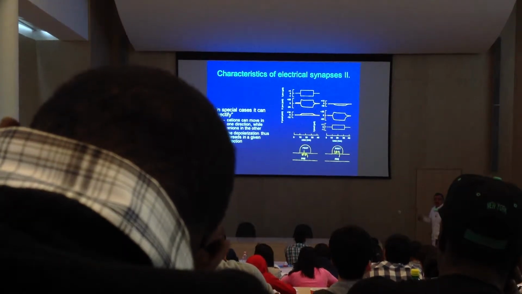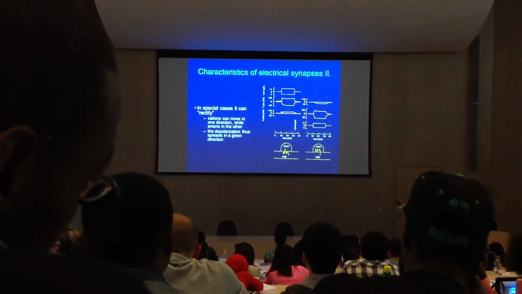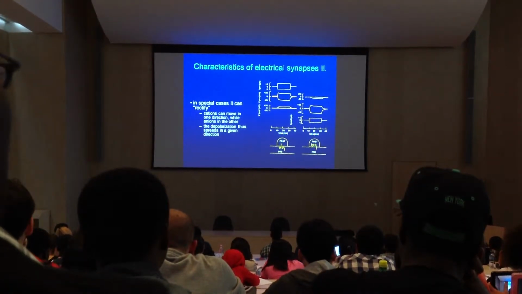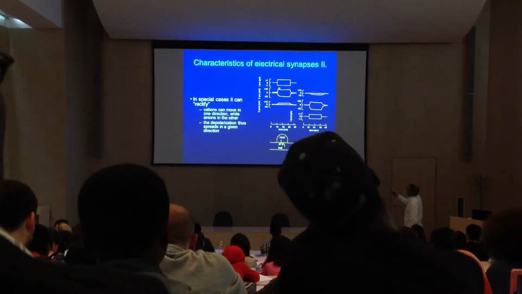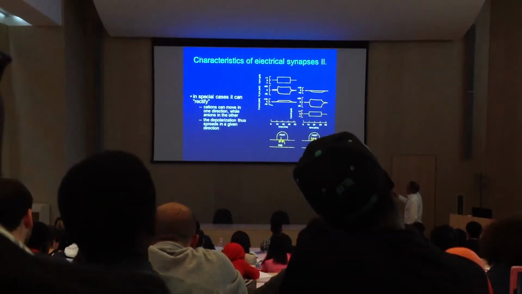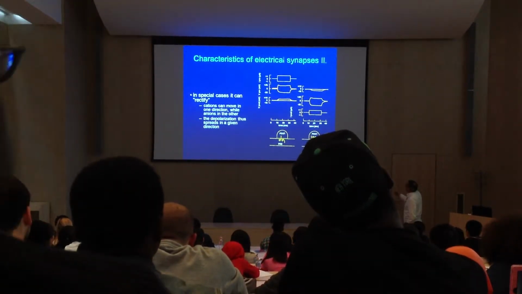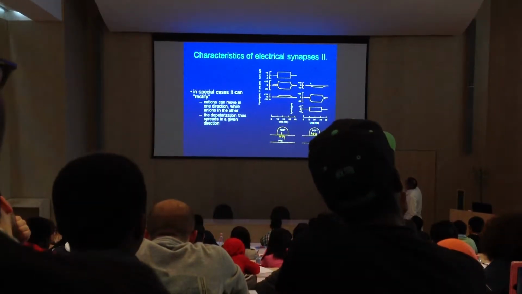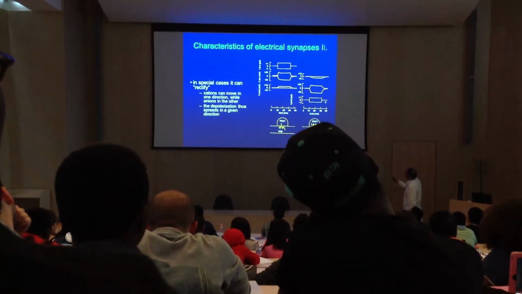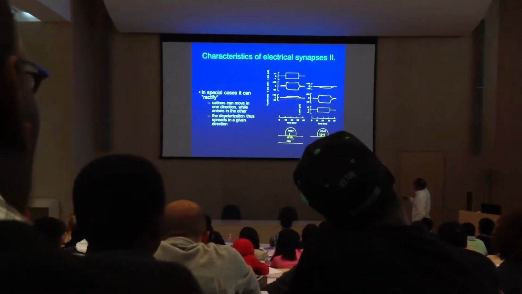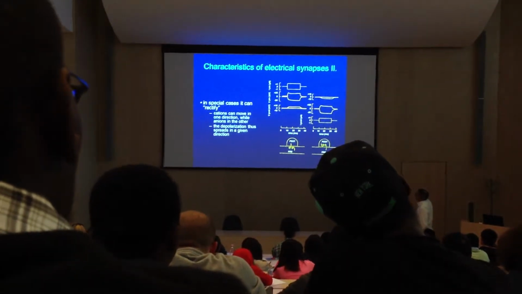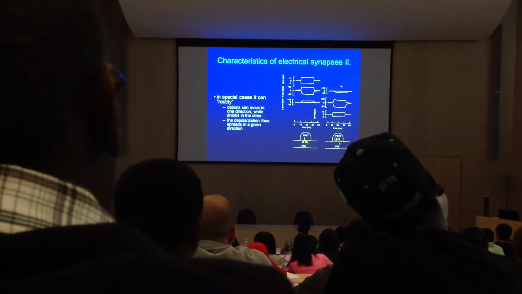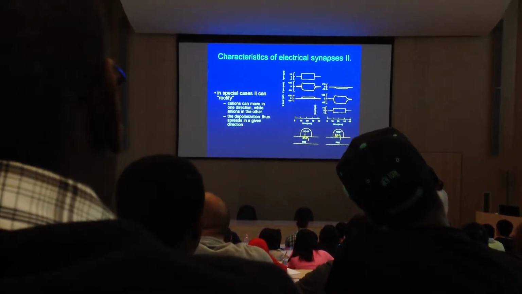The same experiment was taken, and as you can see, if you depolarize the left axon, then depolarization appears on the right axon as well. If you hyperpolarize the left axon, that doesn't appear on the right axon. The other way, if you hyperpolarize the right axon, the hyperpolarization appears on the left, but if you depolarize the right one, here called post and pre, I will come back to why this is post and pre, that will not appear in the other axon.